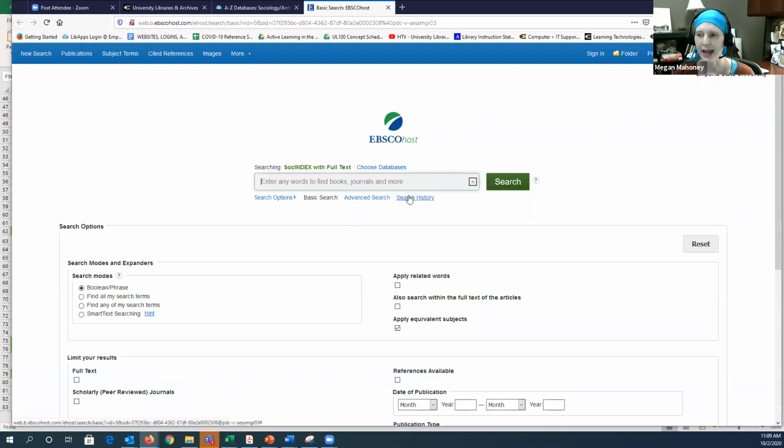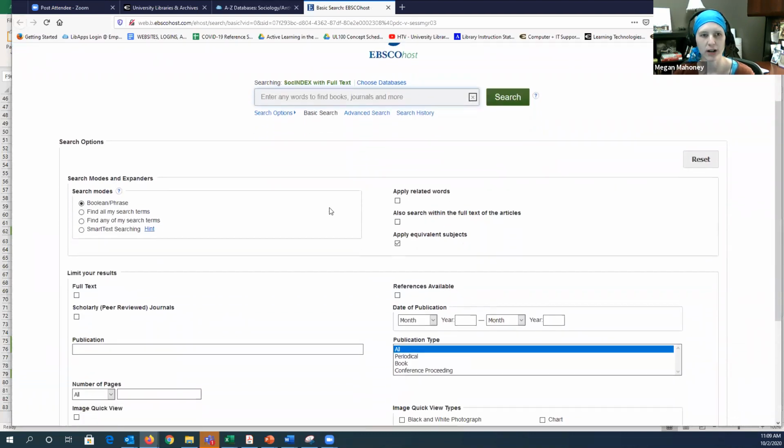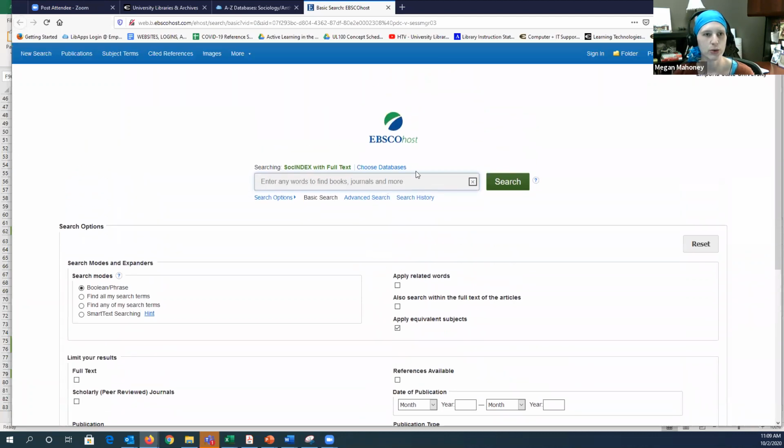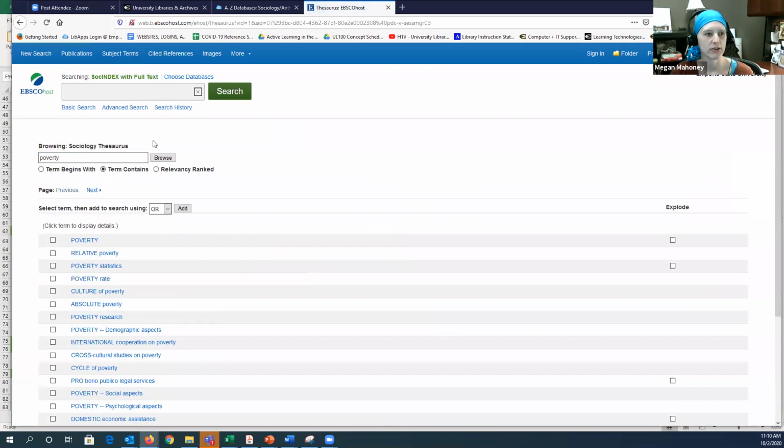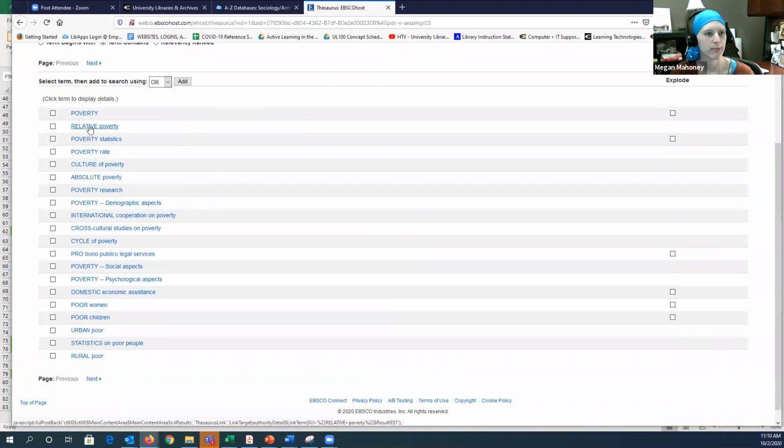Your task when using any database is to figure out how the database talks about your topic. If your initial searches don't yield anything useful, you can look for subject terms or an index thesaurus to help you. These are usually in the top left. So for example, if I'm interested in poverty, I can look at the different ways that this database talks about poverty. So you see we have poverty statistics, poverty rate, culture of poverty, cycle of poverty, poverty psychological aspects. And when you find one that's useful, you can click into it